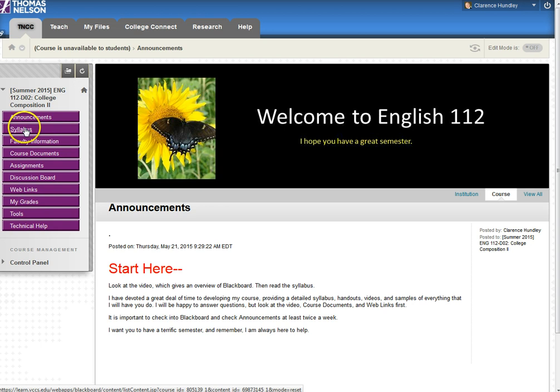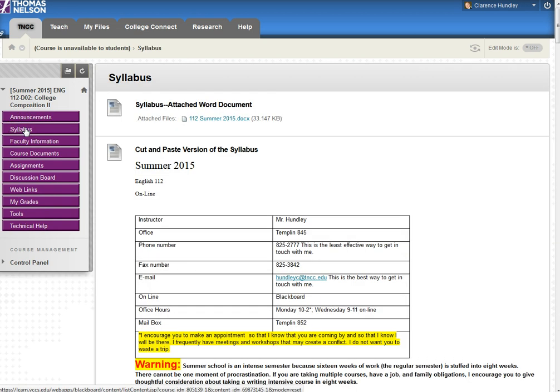You click on the syllabus button, and you will have access to the syllabus. There are two versions. One is a Word document. You click on this link and it will take you to the document. And then there is a cut and paste version if you can't access the Word document. Everything about the course is in the syllabus. For example, where my office is located, my office hours, course policies, the kind of essays we're writing, how long they have to be,